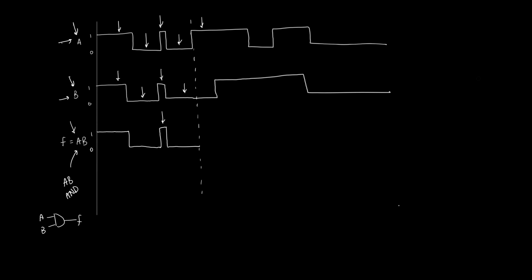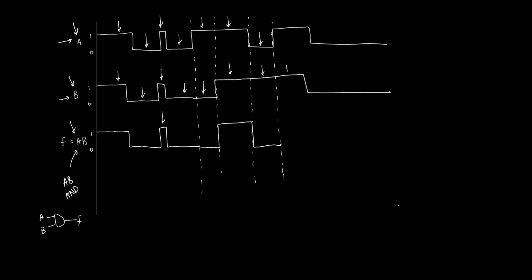Then here A transitions to 1, but B is still stuck at 0, which means the AND operation is still going to produce a 0 output. But as soon as we hit this interval right here, we can see that B goes up to a logic high and A is at a logic high, which means that F is going to follow it because both inputs are 1, and that's going to go on until you hit this interval here. The reason it stops here is because A goes back down to 0, so even though B is at 1, the AND operation is still going to produce a 0,